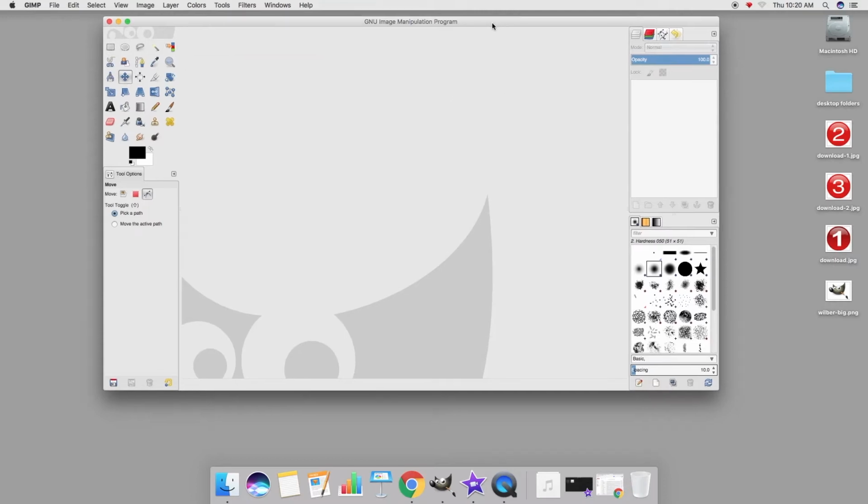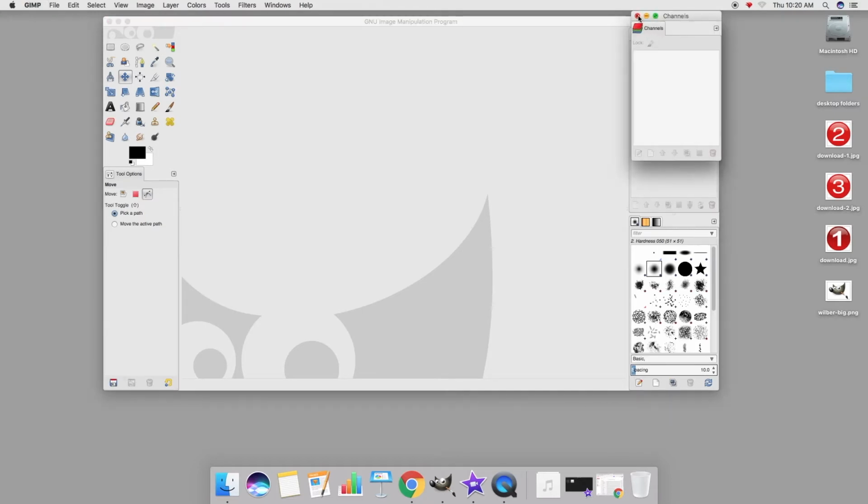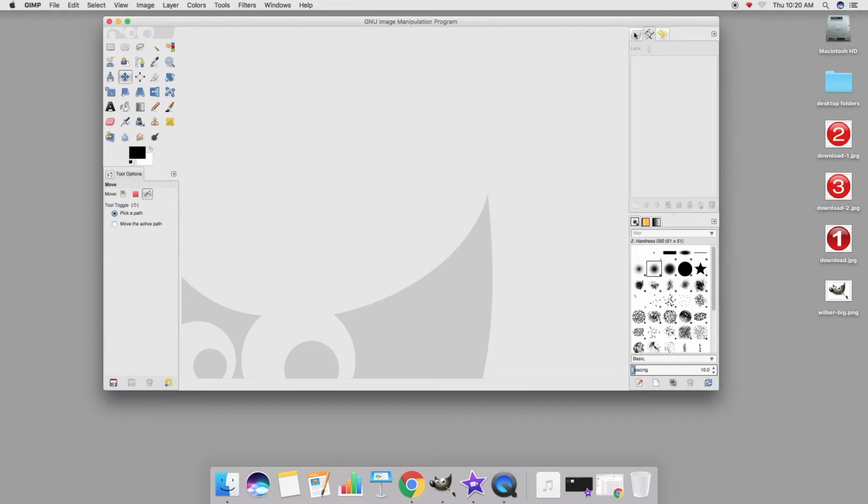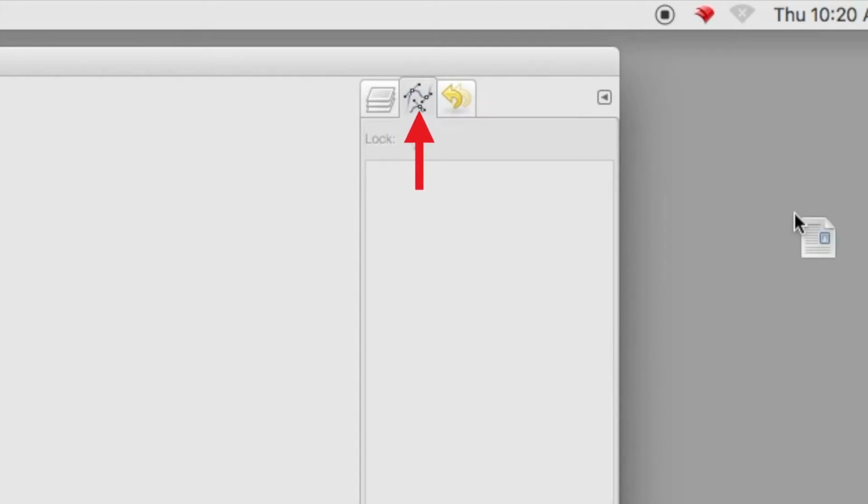Now, actually, before we get going on some of those tools, we're going to clean up overall. What we're going to do is take this icon with the three different colors, the blue, green, and the red. That's channels. We're going to drag that out, and we're going to close it. Now you see, we only have three left, which is what we want. Okay, but we also do not want this one. Drag it out,